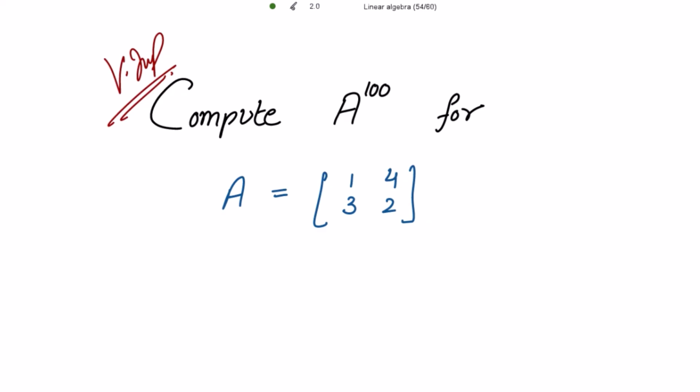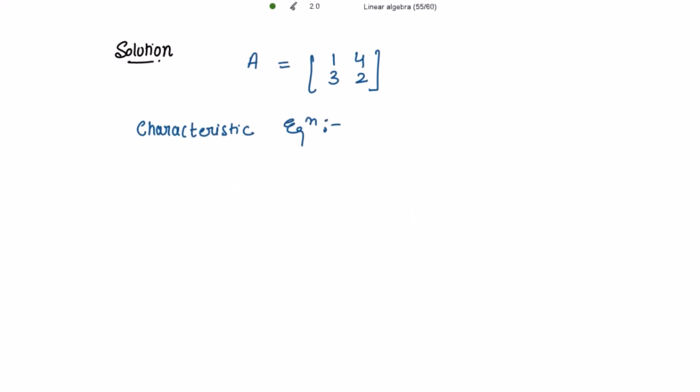Good morning. This is a very important question. We need to compute A to the power 100 for this 2 by 2 matrix. For that, first we write the characteristic equation to get the eigenvalues, and then we are going to get